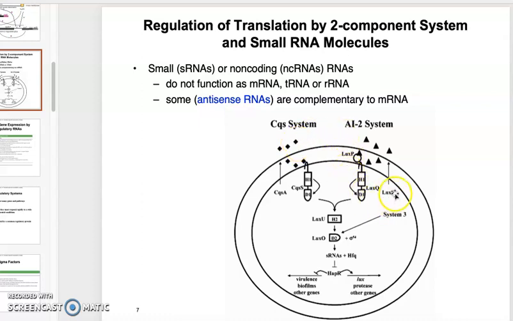And then LuxS is an autoinducer synthase that makes these triangles. But imagine in the absence of these diamonds or these triangles, the sensor kinase that you see here, CqsS, will autophosphorylate, then transfer the phosphate group to this response regulator called